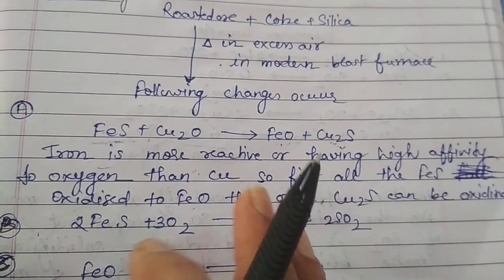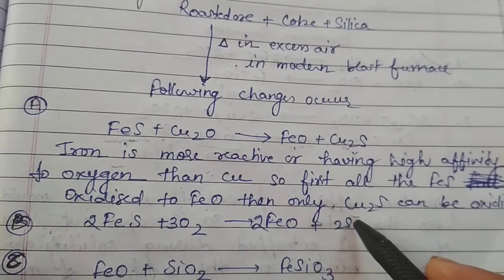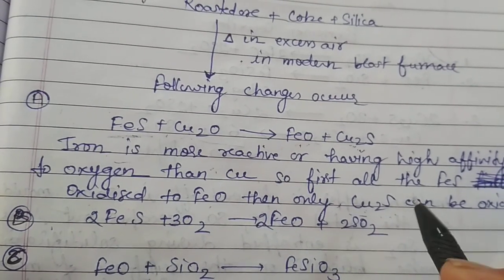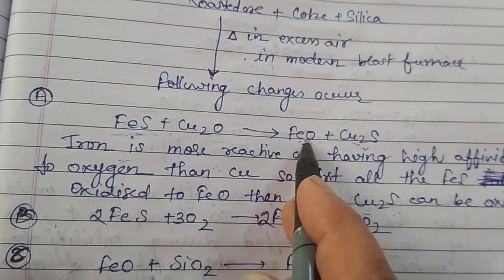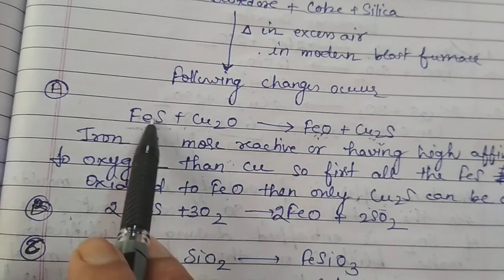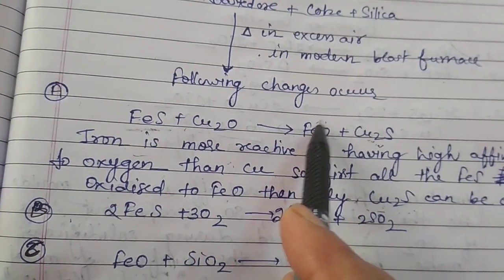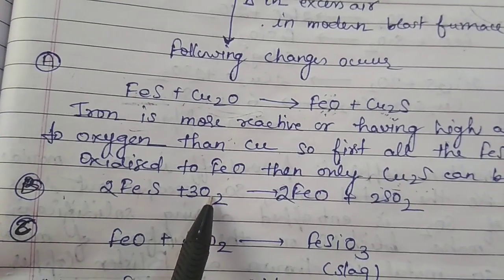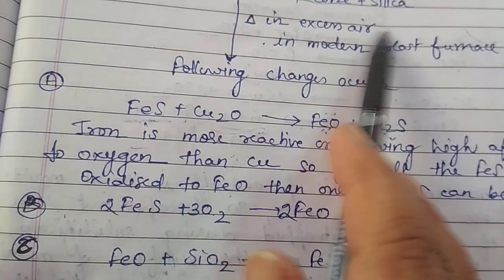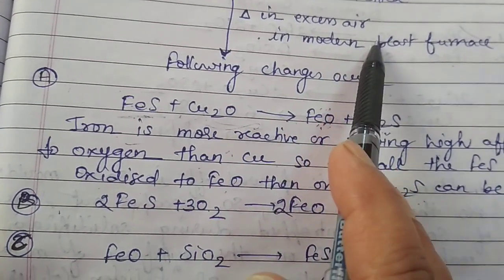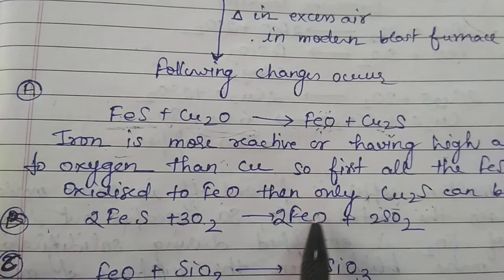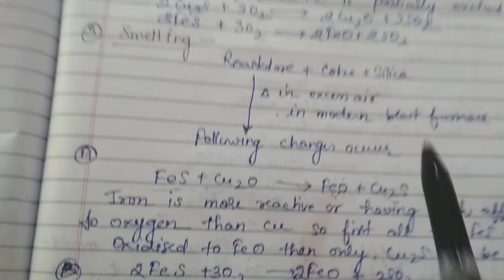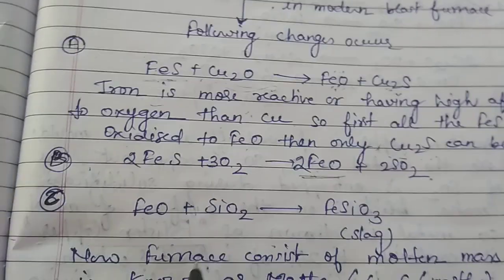So what is our aim? Our aim is to convert copper sulfide to copper oxide, but before that we have to completely convert iron sulfide to iron oxide. Some of the iron sulfide would be oxidized to iron oxide by cuprous oxide, and some of the iron sulfide would be directly oxidized by the excess of air that we have passed through the blast furnace with the help of twiers. So that would also be converted into FeO and SO2, and this FeO formed, we have taken the silica here, it would react with it.